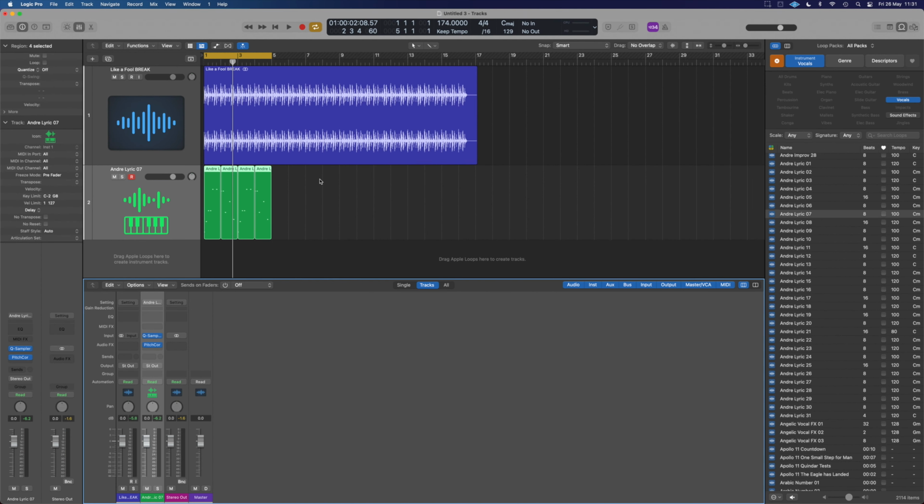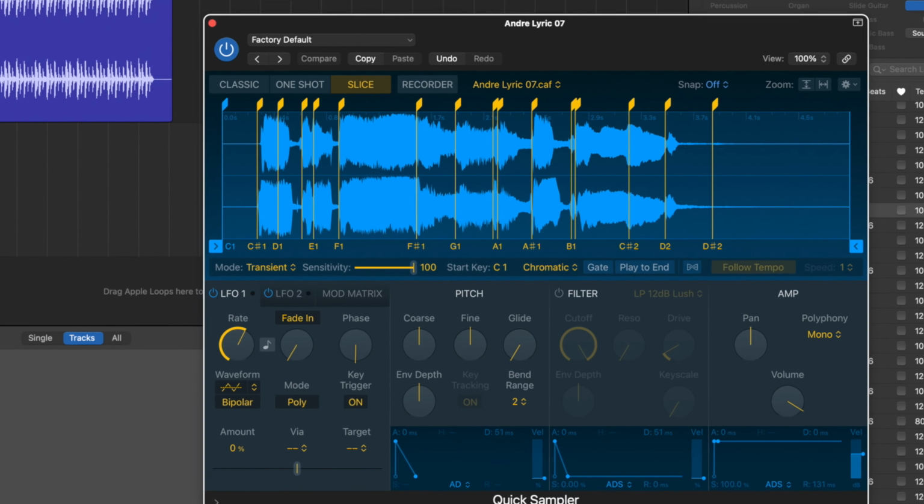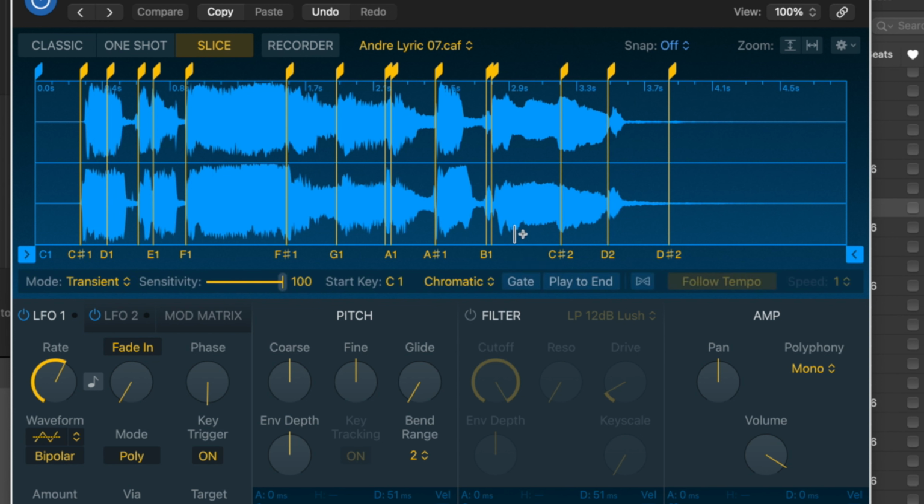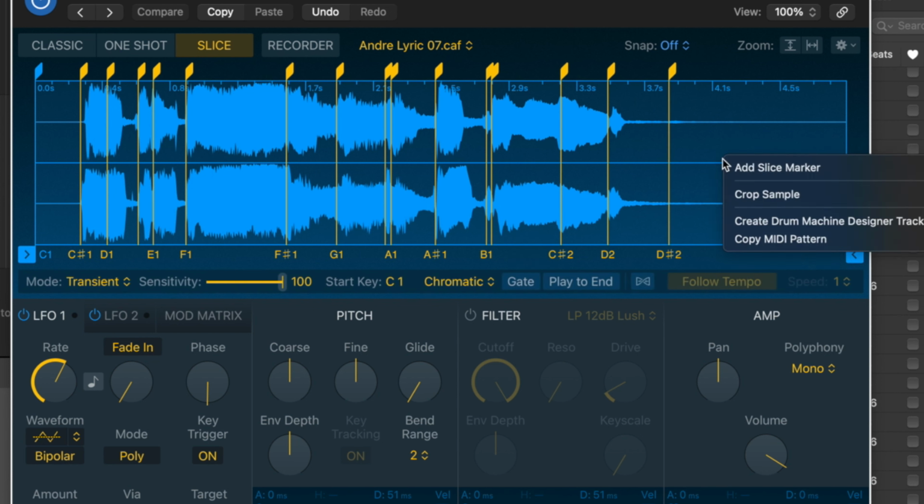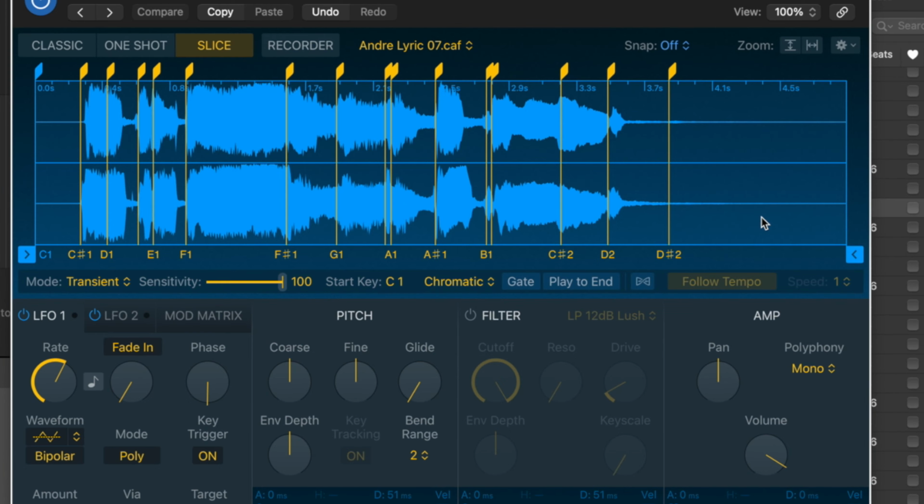Now we can take this a step further and have it so we can manipulate and adjust each individual sample and have them pitch up and down. We can do this in Logic by going to our sample like we've got here, right clicking on it, and we can do create drum machine designer track. I know we're abusing it and we're not making a drum machine designer, but once we've done that,